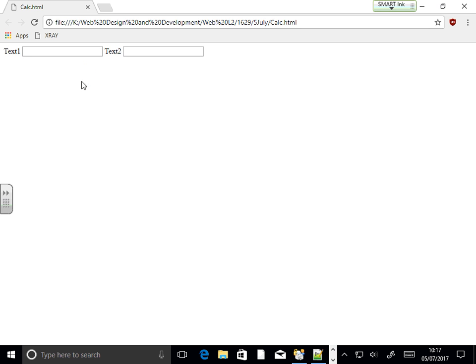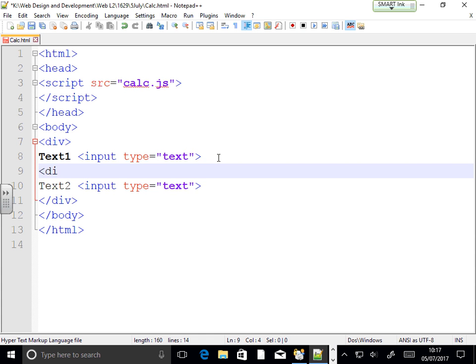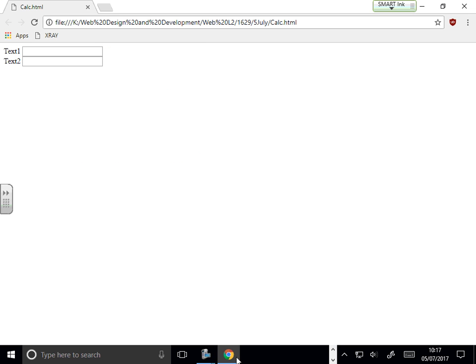You want them in the next line, up to you. You want to create two separate divs. If you put them in separate divs, they're going to be next to each other. So it's up to you how you want them.